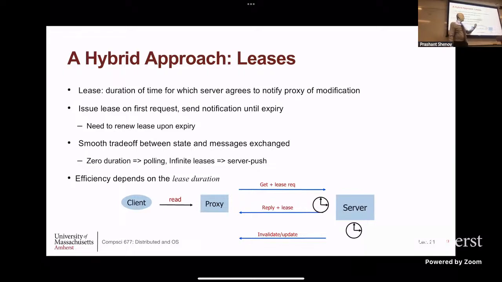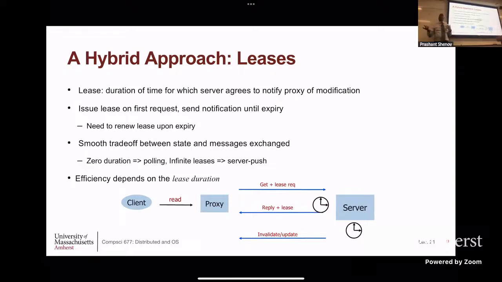You can tie it also to how frequently the web page is changing at the server, because the update frequency is directly connected to how many messages the server needs to send. So maybe for popular pages, you might say that's a lot of overhead. I can reduce the lease duration if the load on the server is high for some reason. That will allow you to not increase its load further, because then it has to send lots of messages every time a web page is